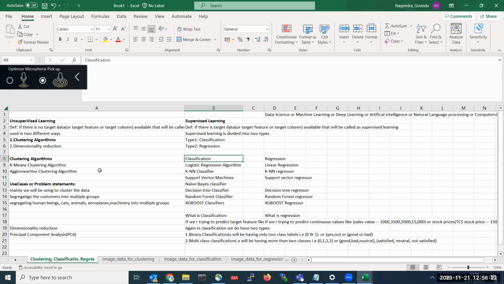So now next what we need to do, we just need to take one data set, we need to apply K-means algorithm and we need to see.